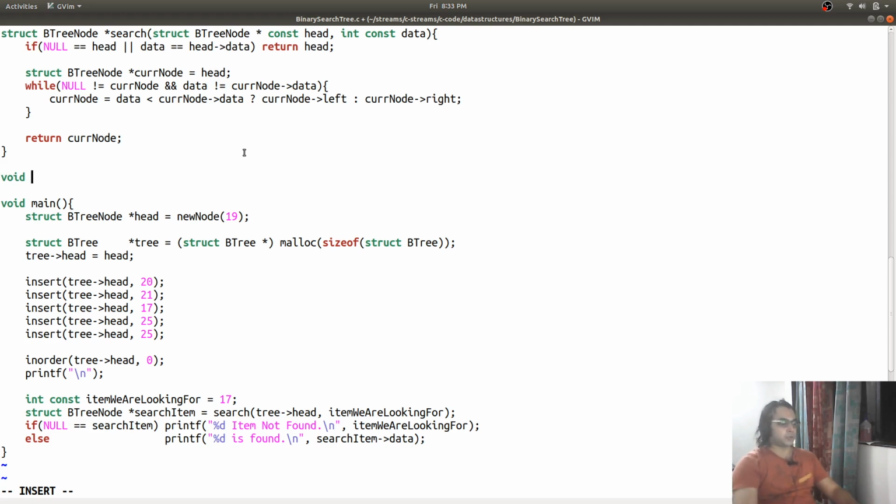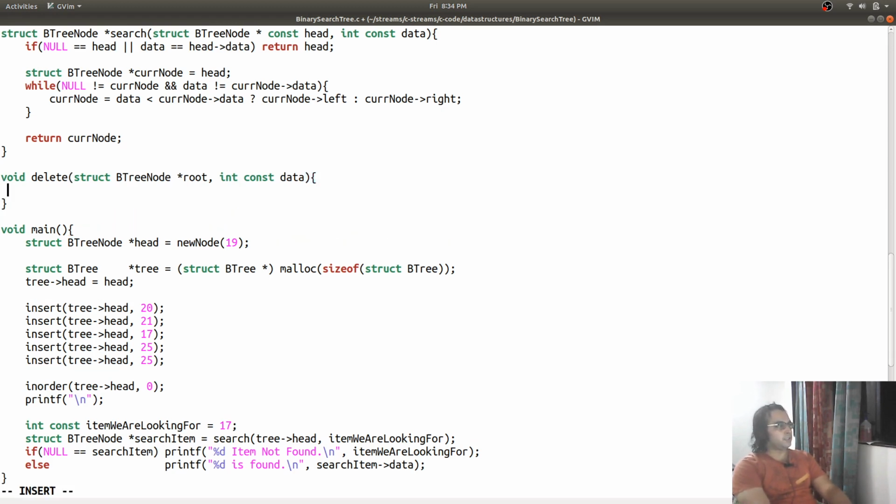So starting with the code, I will say delete, and this is the data that we are going to find and delete.